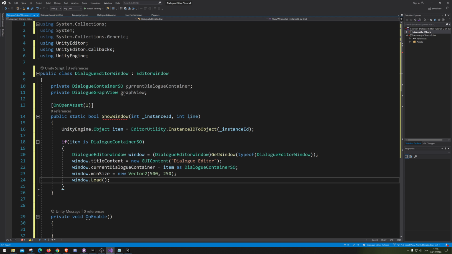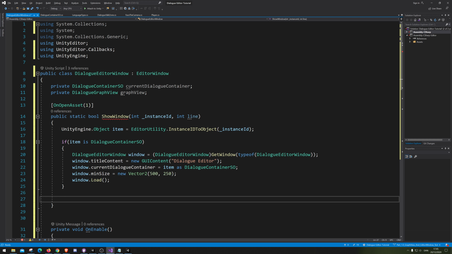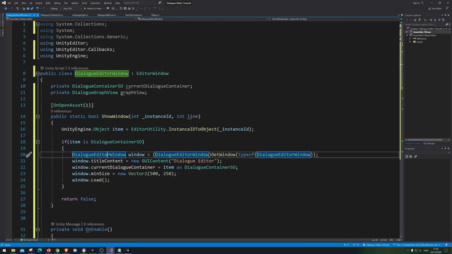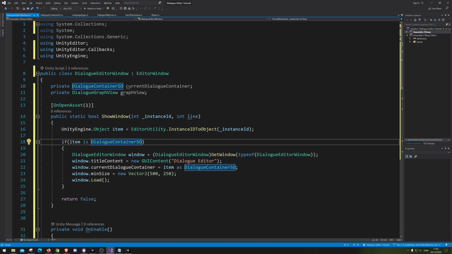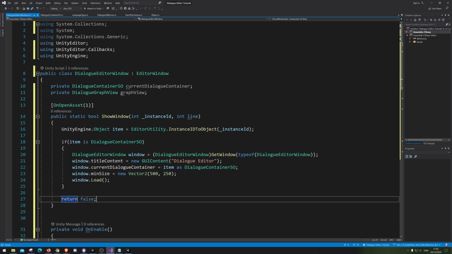So later on it will actually, when we open it, it will also load in the data from it. So we don't need to actually load it ourselves. And then of course if you click on something that is not a dialog container, it should not open any windows. So let's just save this for now